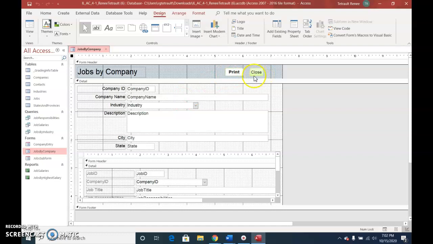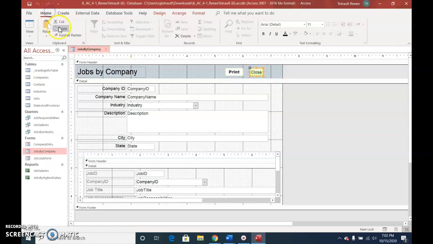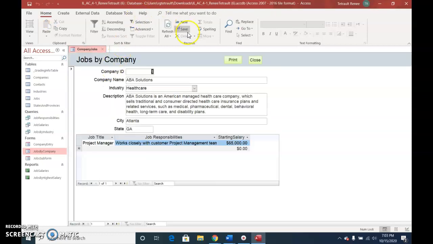And then we're going to click. So if you notice the two buttons, print and close, we want them to match. So click close, click the home tab, click format, and then click print so they both match. Right click jobs by company, save, right click and choose form view, and then choose